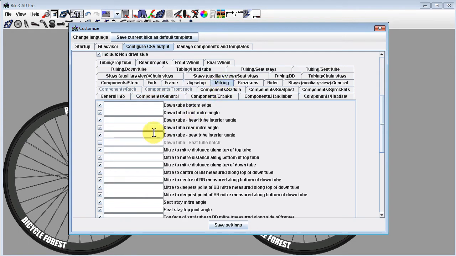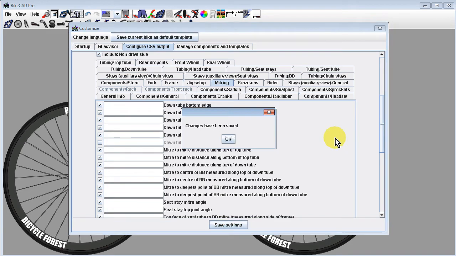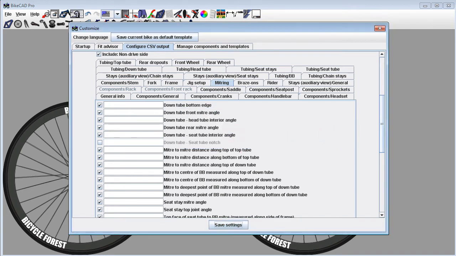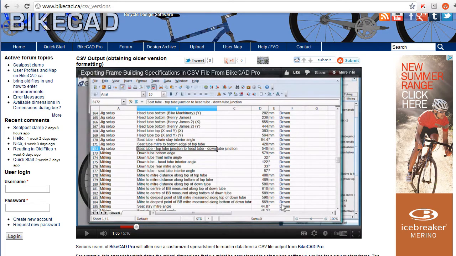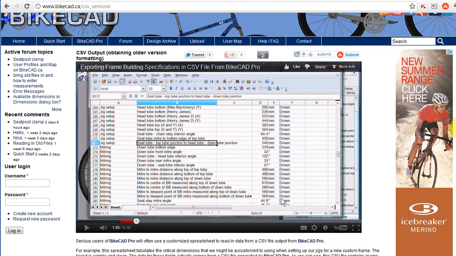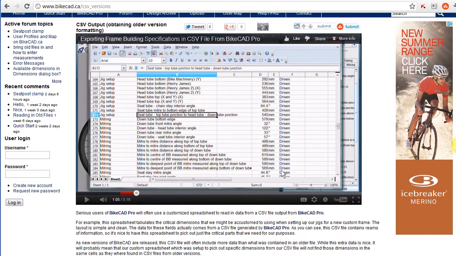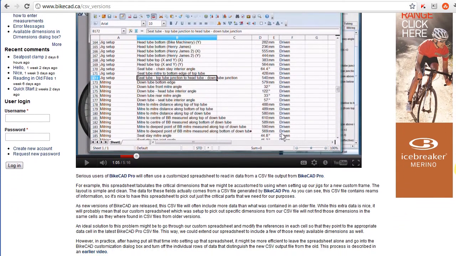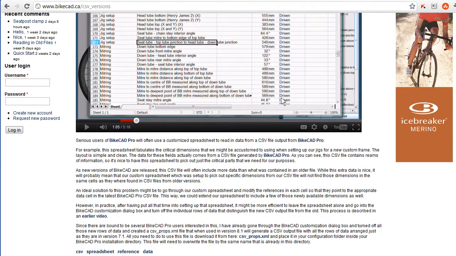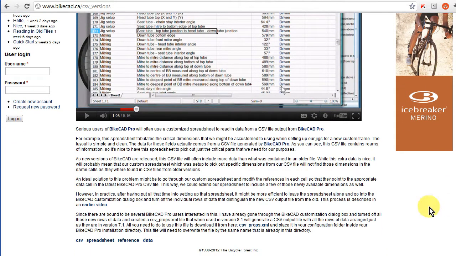Since there are bound to be several BikeCAD Pro users interested in this, I have already gone through the BikeCAD customization dialog box and turned off all those new rows of data and created a CSV props.xml file that, when used in version 8.1, will generate a CSV output file with all the rows of data arranged just as they were in version 7.1. All you need to do to use this file is download it from here and place